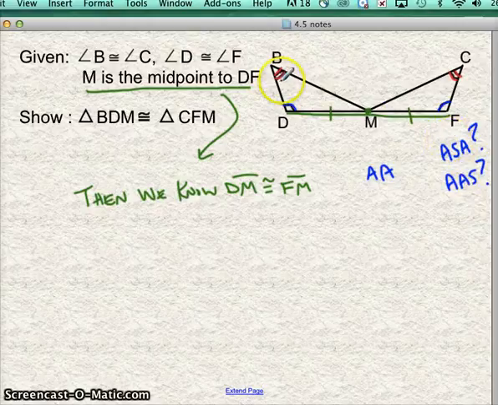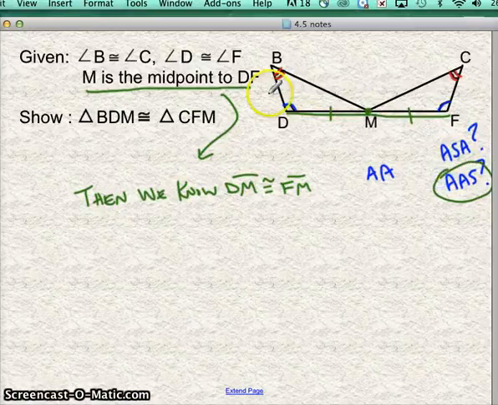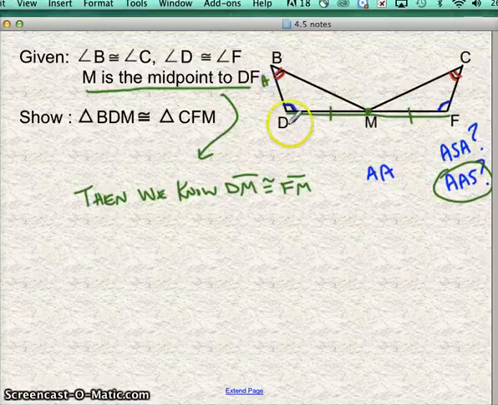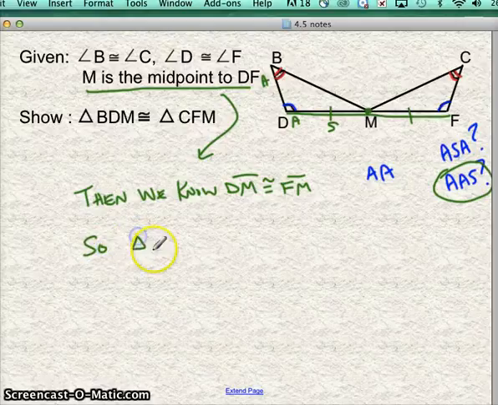I've got angle, then the next angle, then a side. You see how the side is not in between these two angles? The green side that we highlighted is not in between the two angles. It goes angle, then the next angle, then the next side. So triangle BDM is congruent